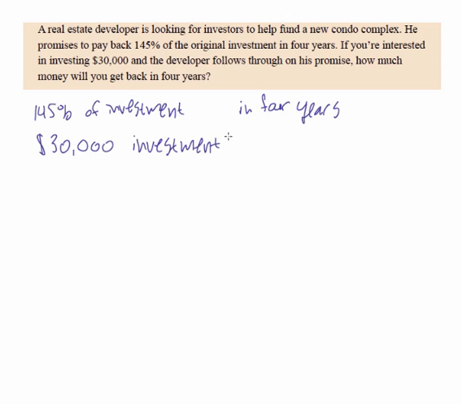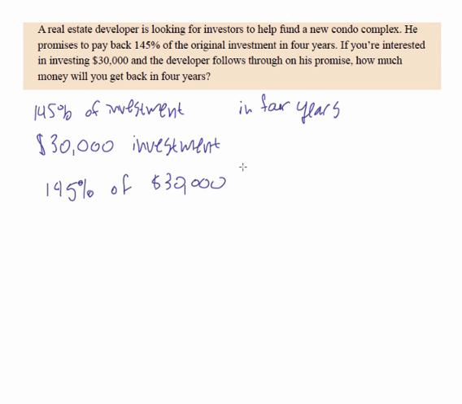Because of the practice we've done with percentages, we know that when we see 145% of the investment, what that means is 145% in decimal or fraction form times the investment. Well, look, I know the investment is $30,000, so now I've got some direction on solving the problem. I am being asked to answer this question. What is